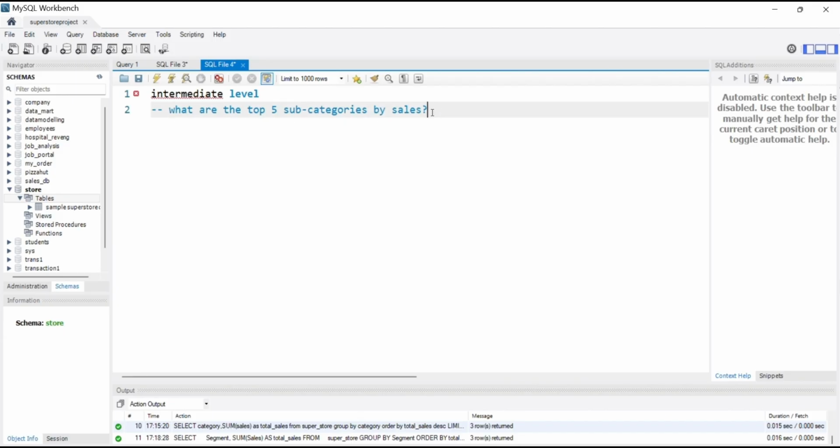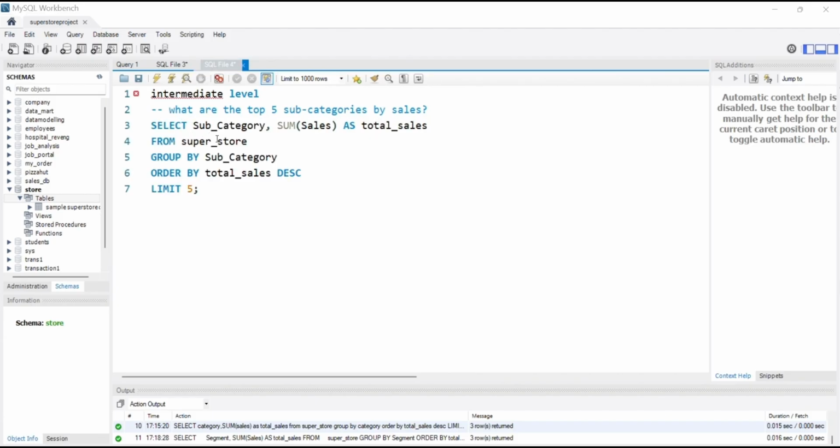So let's understand what we need from this question. We want total sales for each subcategory, so we're gonna use sum here. Then we need to sort them in descending order to find the highest values, and then we're gonna get the results. Firstly, let me write the query. Select subcategory, sum of sales as total sales, from my table name, group by, because I'm using an aggregation function, order by total sales,